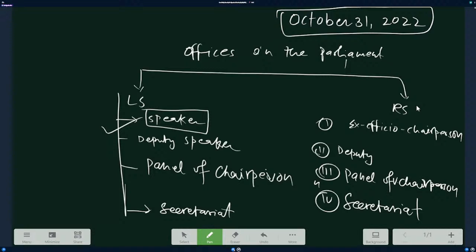Fine. Now, the Lok Sabha speaker's office should not remain vacant. Whenever a vacancy falls in the Lok Sabha speaker's office, a new Lok Sabha speaker shall be elected by the Lok Sabha itself. Fine, and tenure is done.